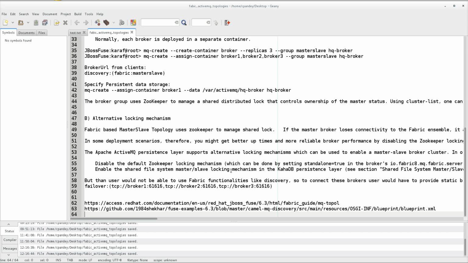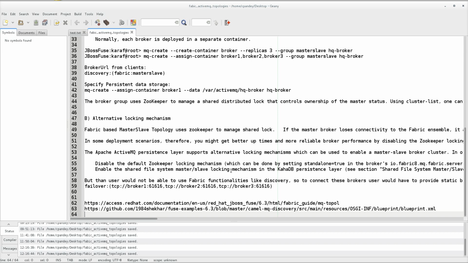In the ActiveMQ.xml, you have to provide the same path to the KahaDB. Once you do that, that is enough. You don't have to take care of anything. Whichever broker starts up early will get hold of the shared KahaDB folder, and it will automatically become master. So what you have to do from your side is just define the common KahaDB path in the broker.xml of both the brokers.